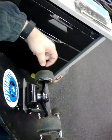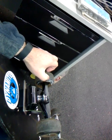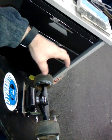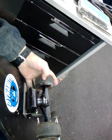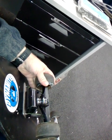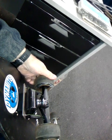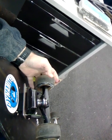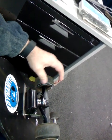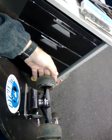Oh, one last thing: wheels. Running 70 by 35, 30mm contact. The minimum hardness you want to run on a decent pumping or surf skate design is around 81A. You start going softer than that, and you do get better grip, but you also start to lose a lot of energy through the compound as it displaces and squishes and absorbs the effort that you're putting into it. So try to go for an 81A minimum hardness compound wheel,